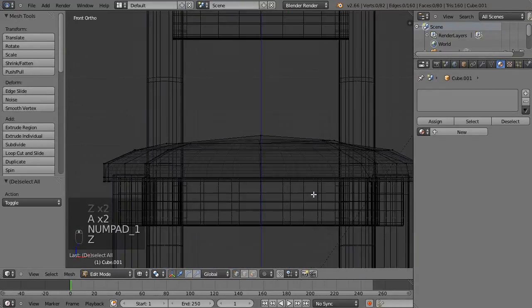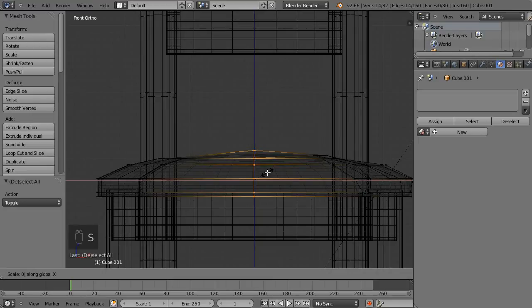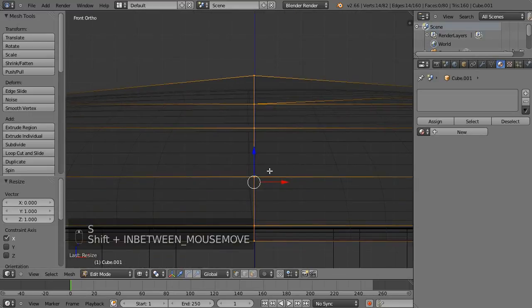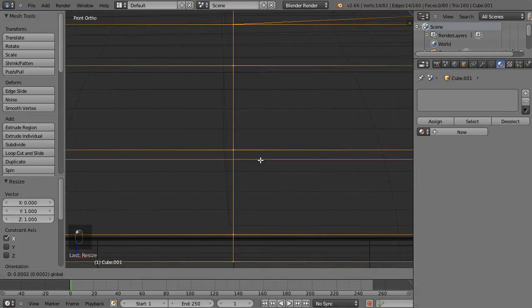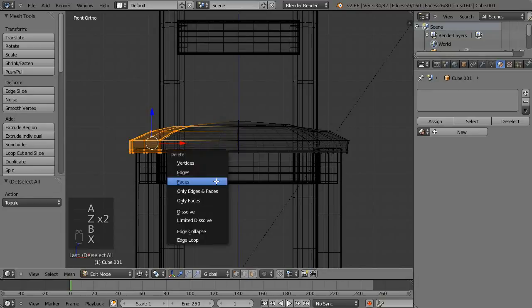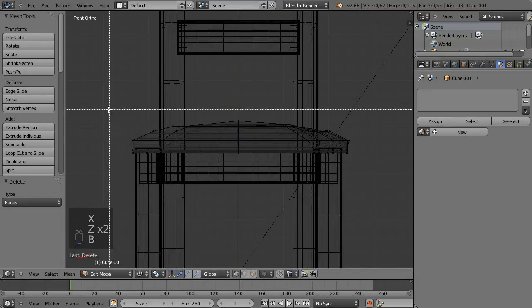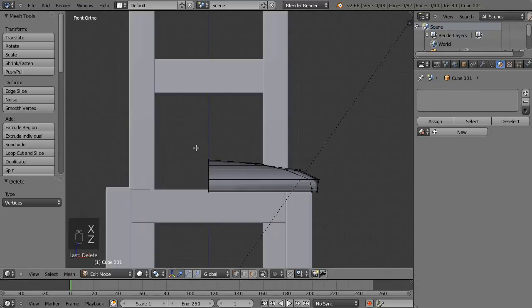Now I'll just go straight on. I'm going to select all this and hit S, X and 0 just to flatten everything up. I'll just nudge it across a little bit. Now I'm just going to quickly mirror this, just using the mirror modifier. So I'm selecting all this and deleting all the vertices,